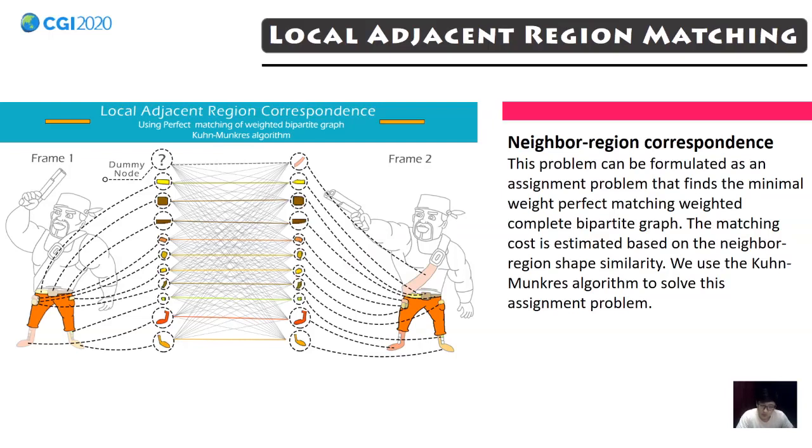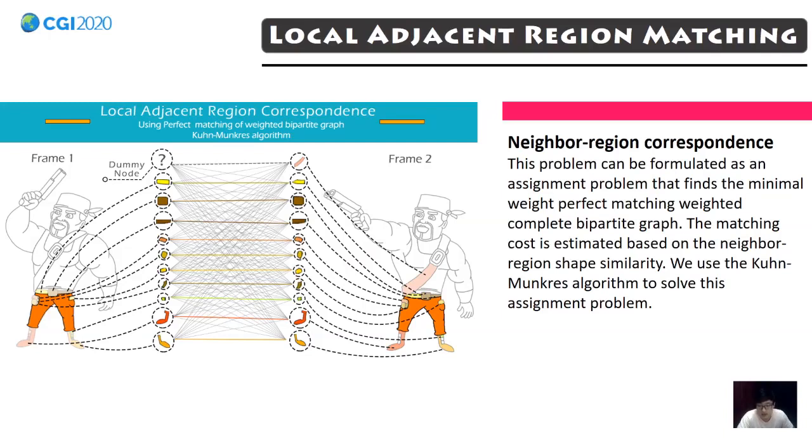We regard the problem as a weighted bipartite graph matching problem with a minimal matching cost. The cost metric consists of the similarity between two regions from two LRAGs. So we compute all the shape similarity costs between neighbor regions, and we use the KM algorithm to solve this